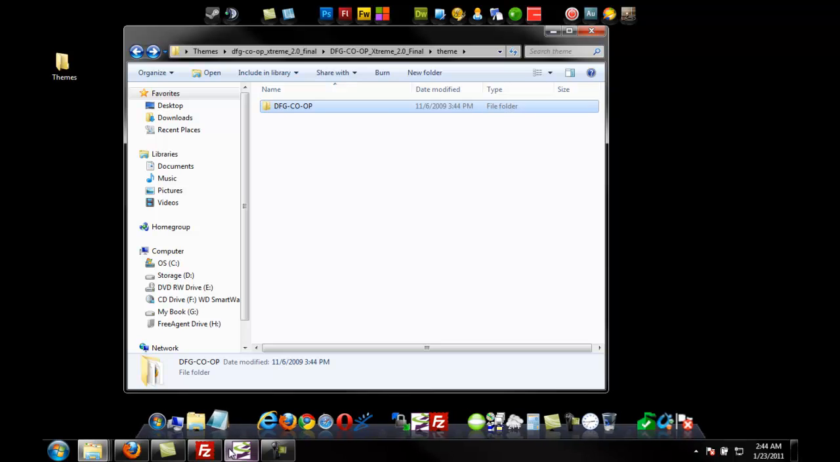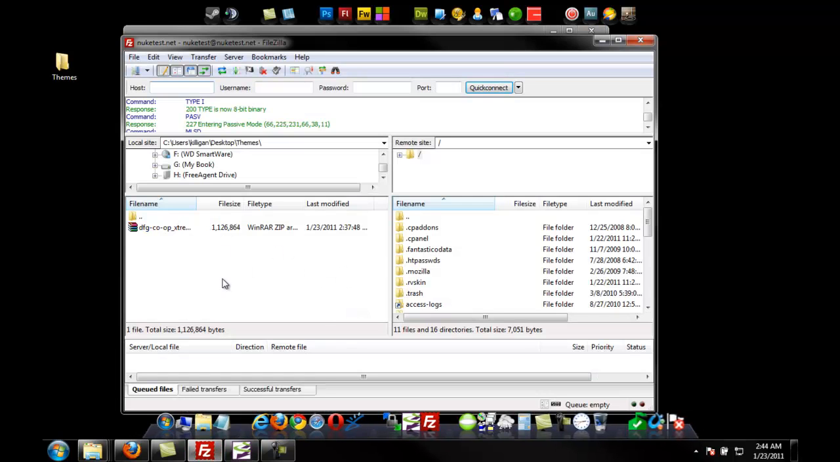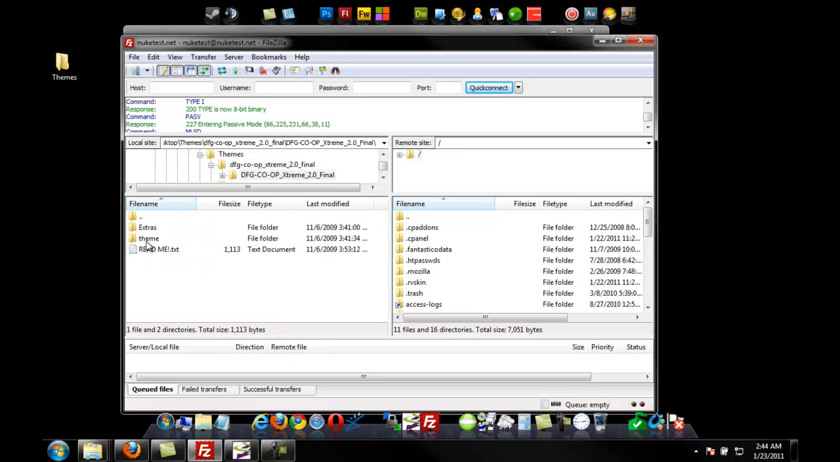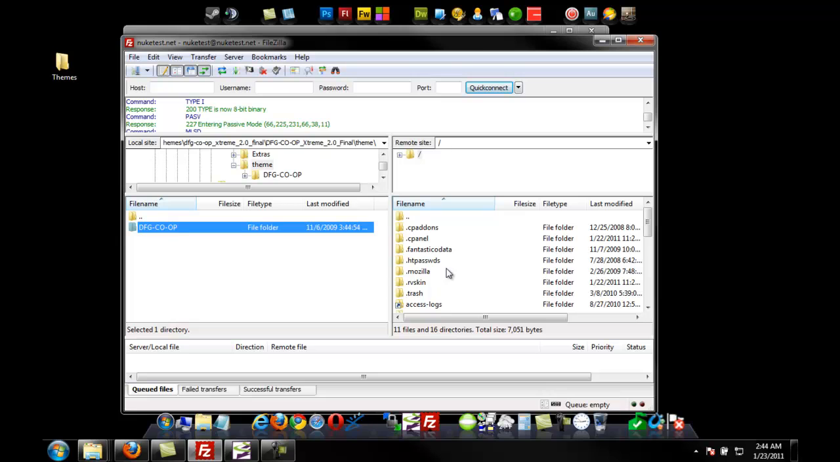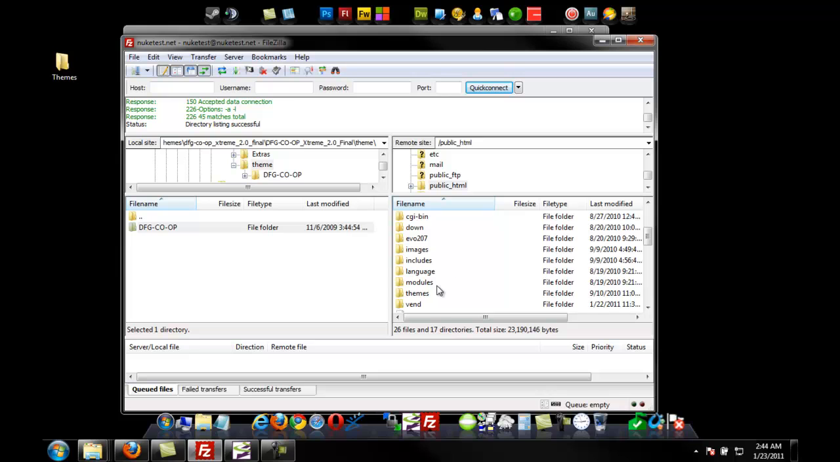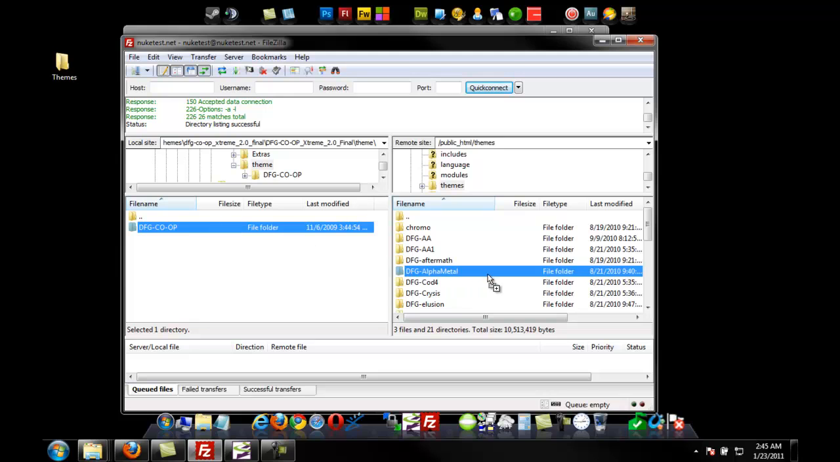Now, what you can do is in FileZilla, we'll just refresh this folder. You would just navigate to that folder there. We just want that folder. Now, this is the server. We'll just go into the public HTML, then into themes, and the easiest way to do it is just drag and drop this over here to this section, but you don't want to drag and drop it into